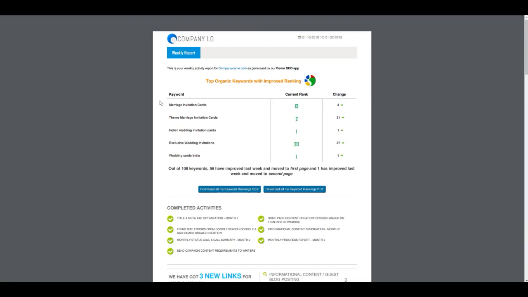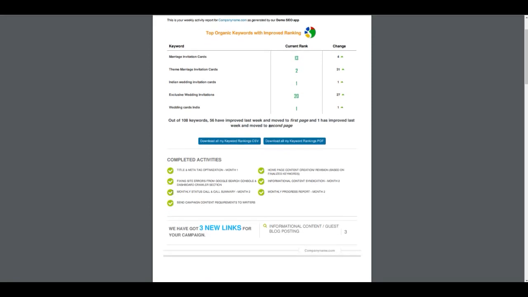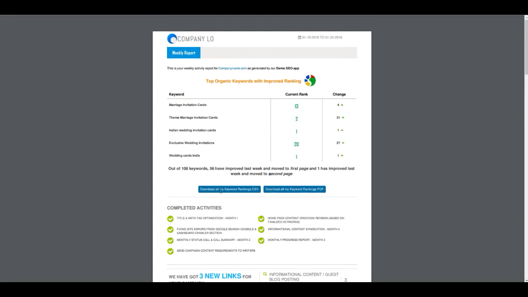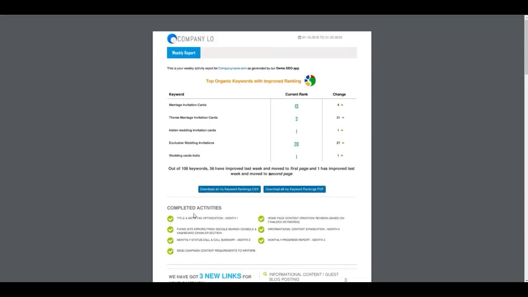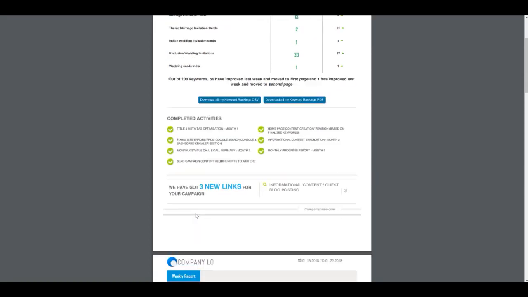So if we crack this open, you'll see that we give a keyword overview. So where are their current rankings on their keywords and what is the top change? You'll notice we pull that out for 5 keywords and then we give a written description on movement globally on all of their keywords. From here, they can click to download all of their keyword rankings in CSV or PDF. Of course, they could also visit their dashboard if you give the client access.